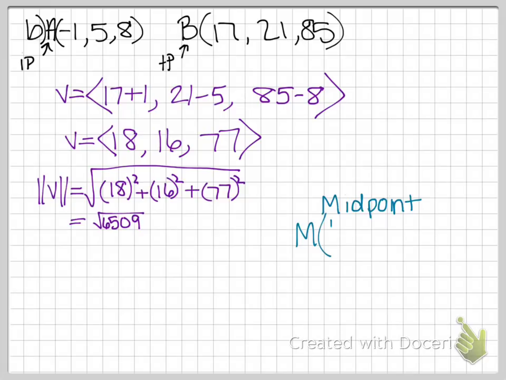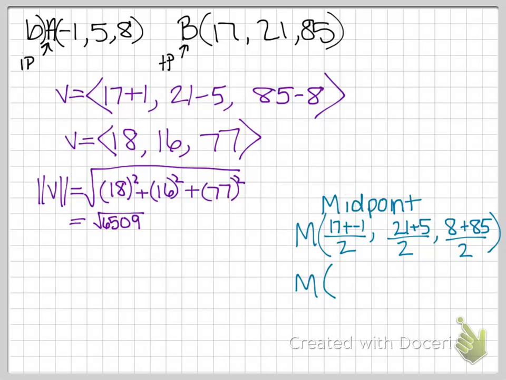It's not too terrible. So I've got 17 plus negative 1 for my x components. I've got 21 plus 5 for my y components divided by 2. And I've got 8 plus 85 for my z components. Divide that by 2. Just to point out real quick, make sure that you're using parentheses on this because this is a coordinate out in space. And here in a little bit, I'll show you how to graph it, but it is a coordinate. So make sure you're using parentheses and not those kind of triangle brackets on there. All right. Anyways,